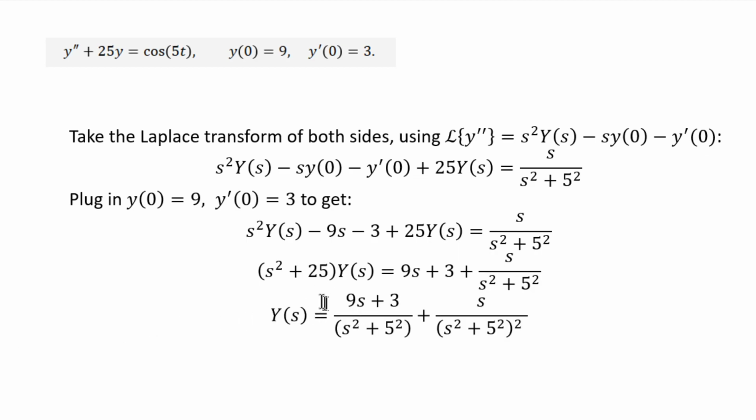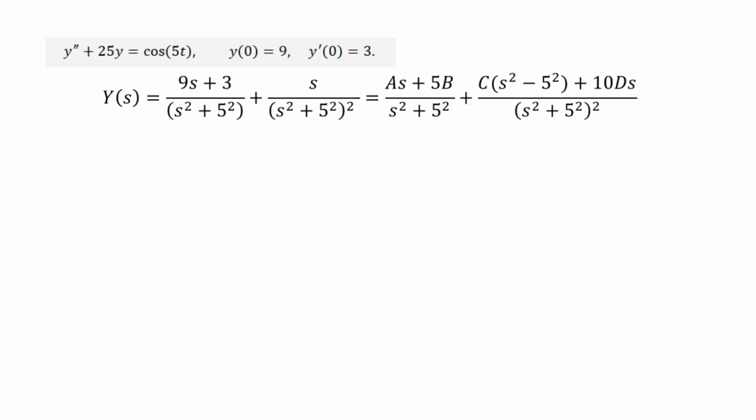And then you have to divide by s squared plus 25. 25 is 5 squared, so it's actually the same as this one. So if you divide, the first, 9s plus 3, will be divided by s squared plus 5 squared, whereas the next, s over s squared plus 5 squared, will be divided by s squared plus 5 squared, squared. Okay, now we have this